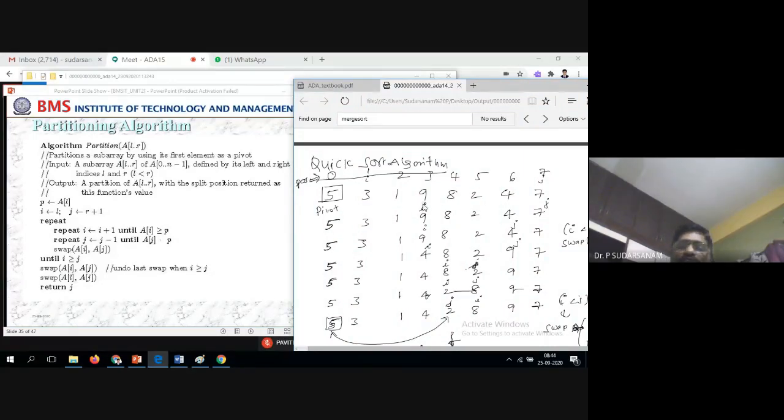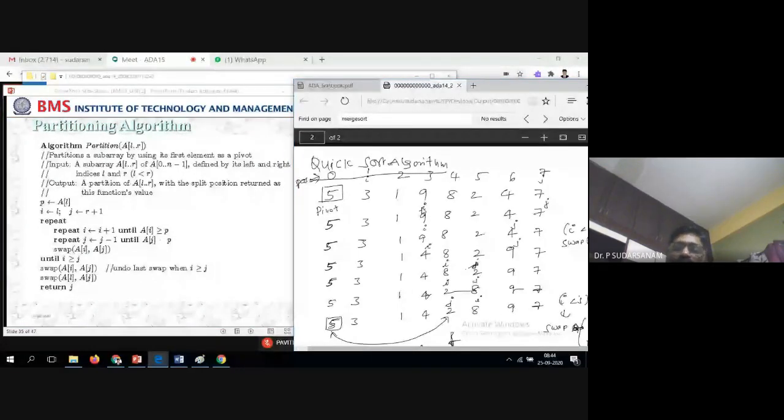So now 9 is greater than or equal to 5, stop it. Until that, do i is equal to i plus 1. So next is j is equal to j minus 1, a of j is less than or equal to p. Less than or equal to p means the condition is until 4 is less than or equal to 5, stop the process. Now if i is less than j, swap a of i location comma a of j